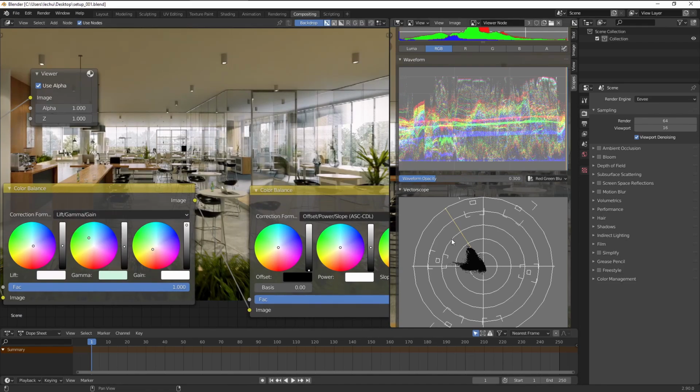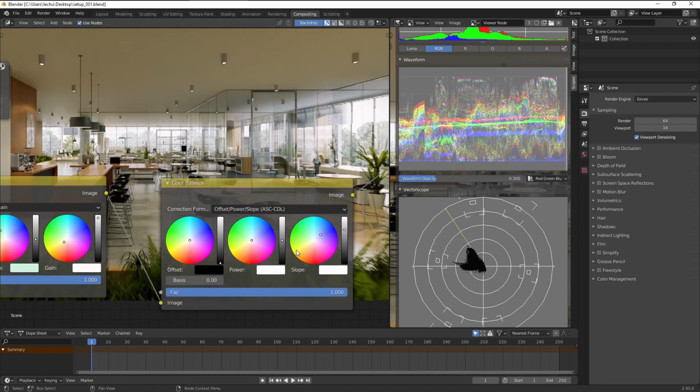So to readjust the vectorscope, I suggest using those two color wheels within the power and slope. As you can see, when I move this point, the vectorscope spectrum also shifts. Sometimes you might try a different approach to balancing the image than I did. You might try to bring the saturations to the middle within the vectorscope and then start working on the waveform. For example, when I do this, you can see we get a very strange color behavior within